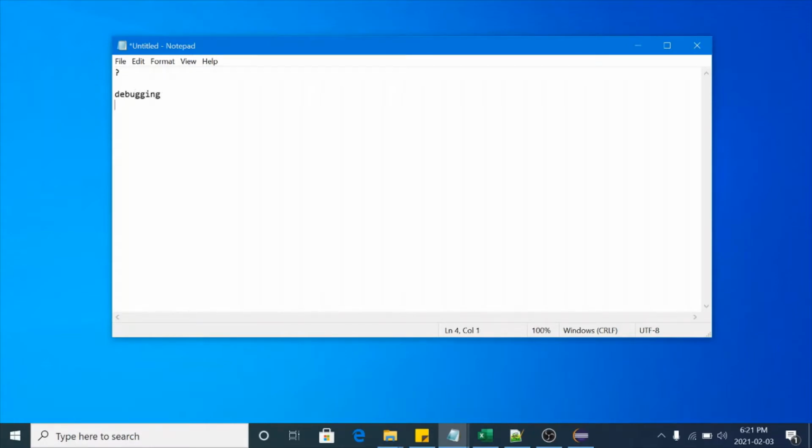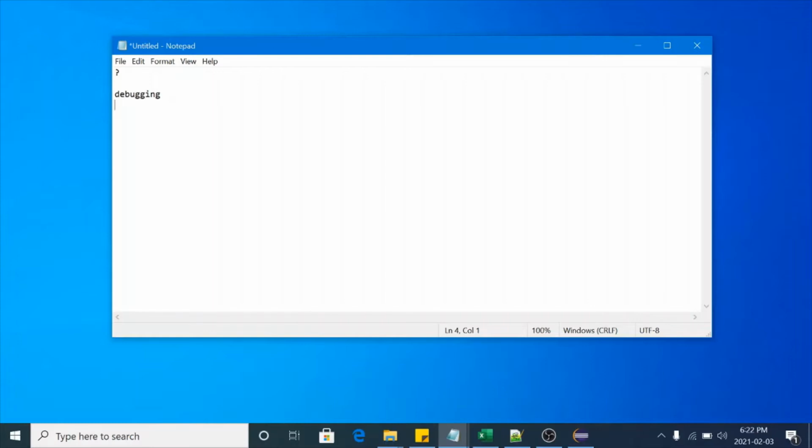Let's say your script is failing and you are not sure why your script failed. Suppose in your script you are performing some login operation, and when you try to enter the email in your email box, it's throwing some error like element is not visible. Or you are not able to enter the password, or you are not able to click on the login button, and in this case your script will fail. Once your script has failed, if you capture the screenshot of your web page, it will show you whether you are on that page or not.